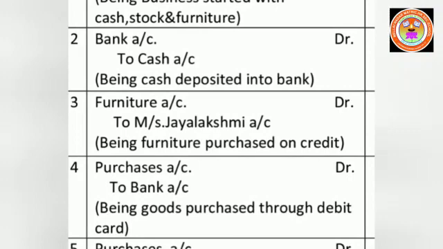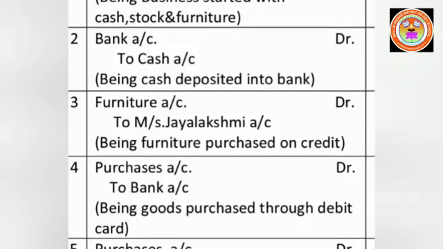Then who is the giver of that furniture? Ramesh doesn't pay money for that. So till his payment, the supplier's name has to be mentioned in the books of accounts. So from where he is purchasing, where he has bought,